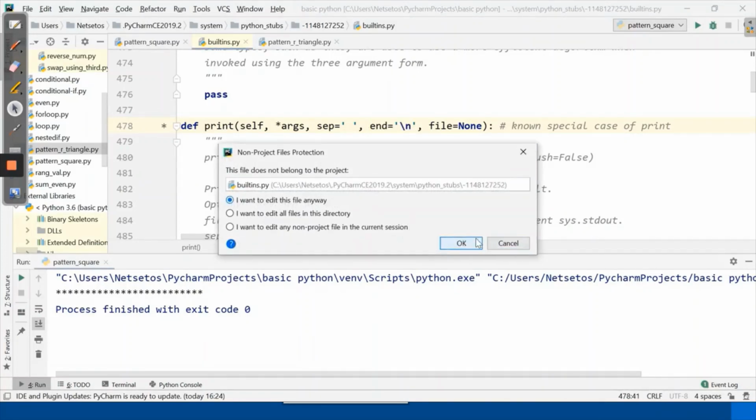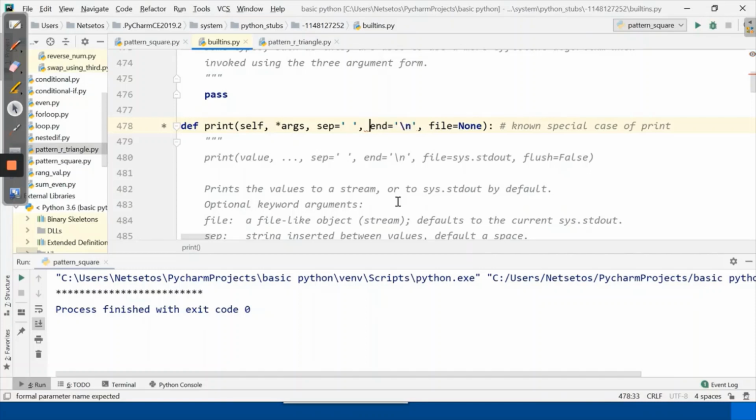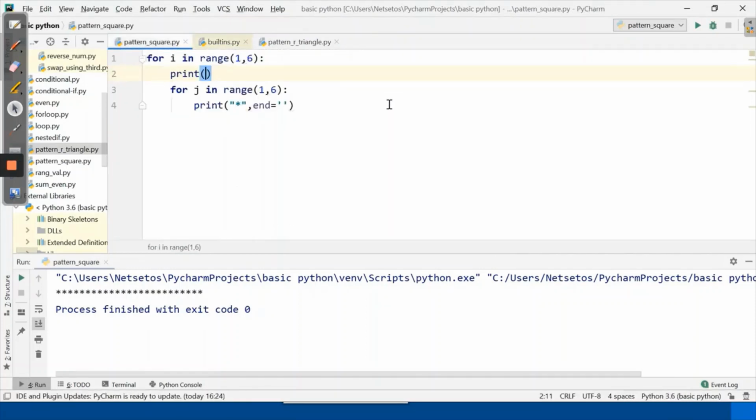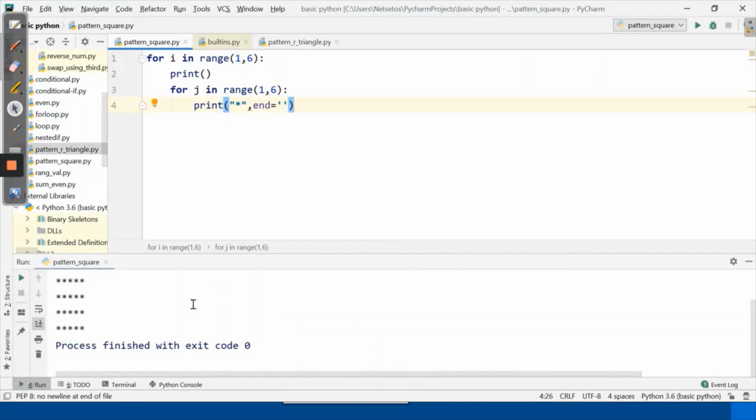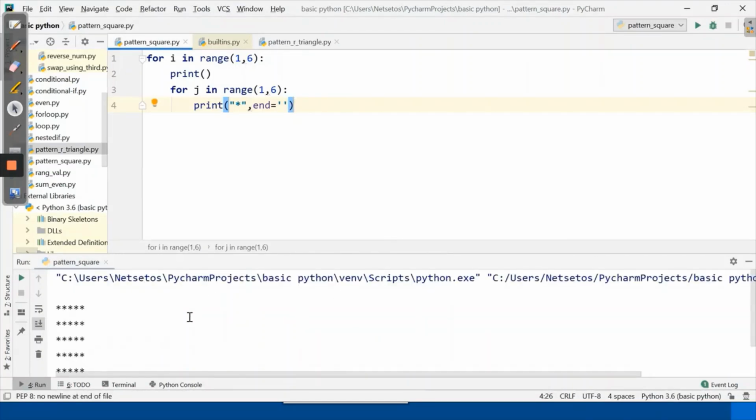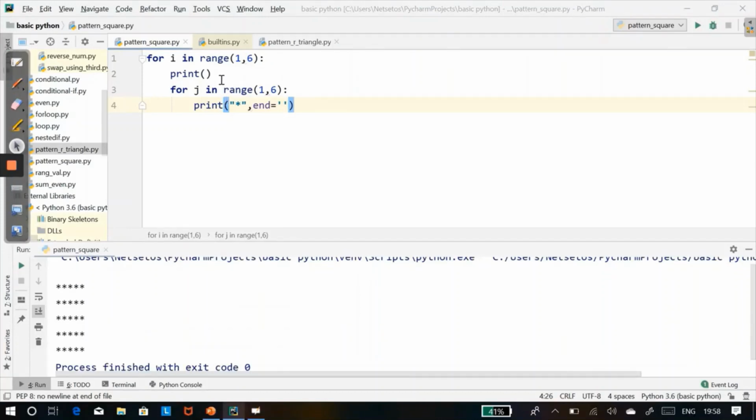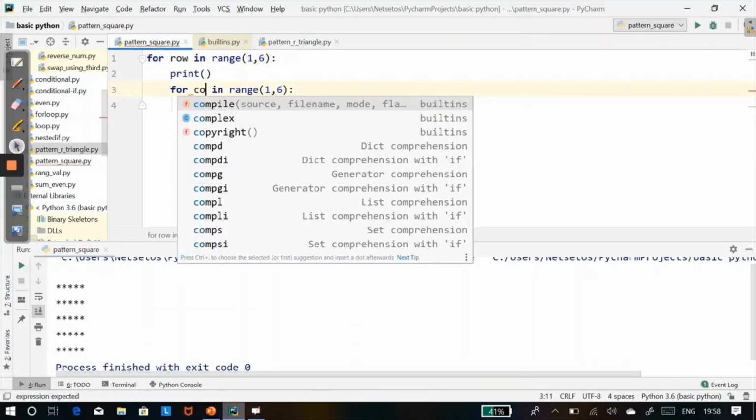So here I'll go for it and print this. So I can print this square. So let's change the i to row and the j to column.